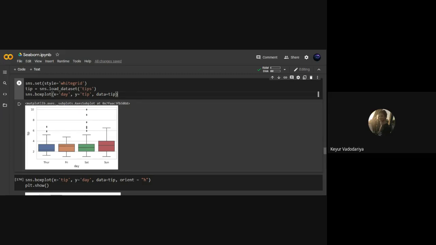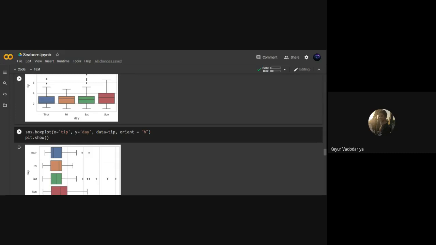Okay. Now what this dataset basically means is that these points are the outliers on Thursday. These are also outliers on Saturday. This is the median of the value, and these are all the medians, and this is the first and third quartile. Basically, these outliers mean that on that day there might be some error during recording of the data, or there might be some very generous customer who has given a huge tip. Okay.